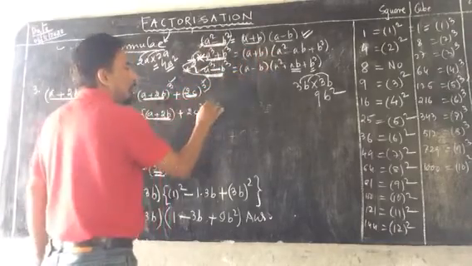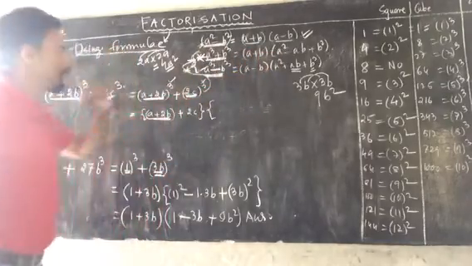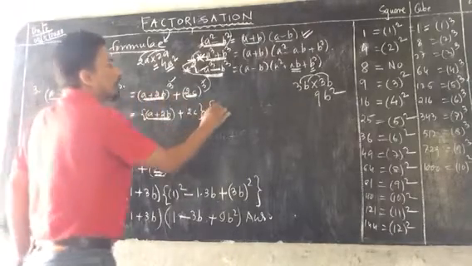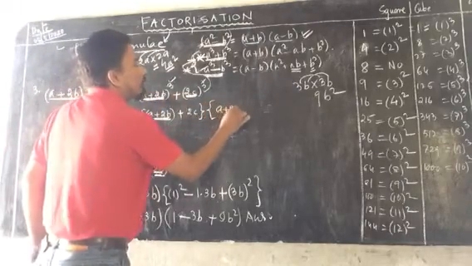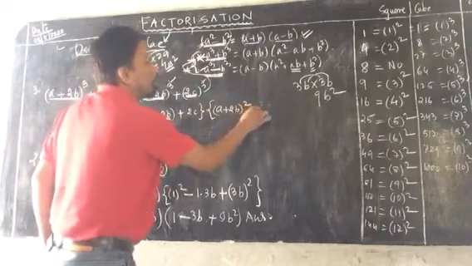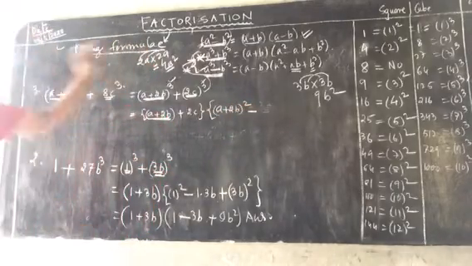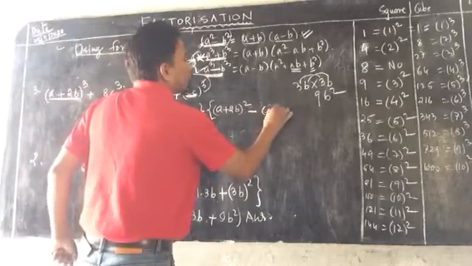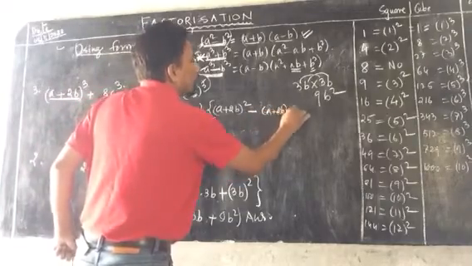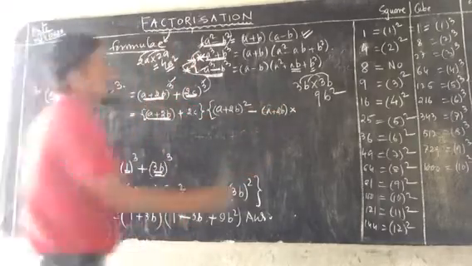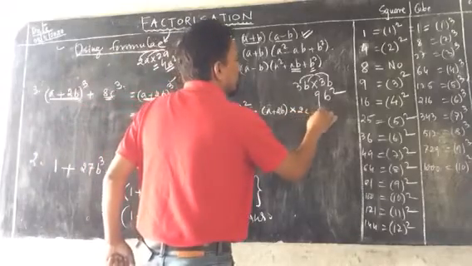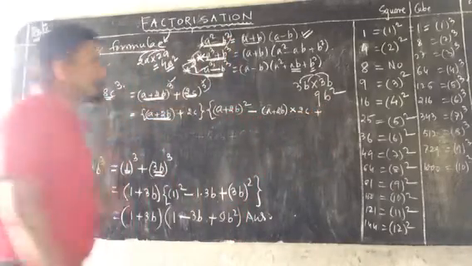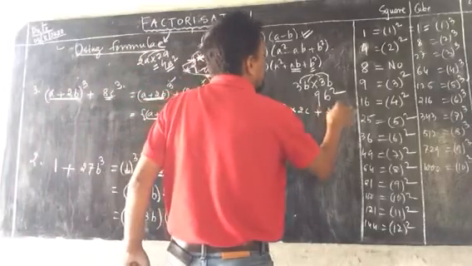A square, curly bracket again starts. What is there? A square. What is A here? A plus 2B is A. So A plus 2B whole square, minus A into B, where A is A plus 2B and B is 2C, plus B square. 2C is B, so it is B square, not B cube.